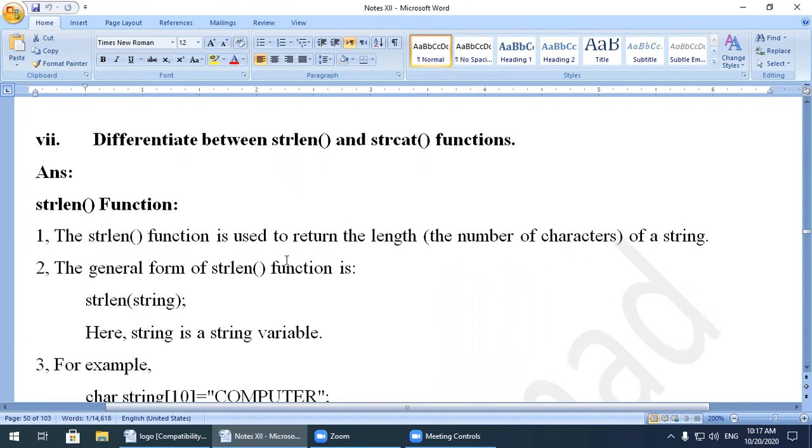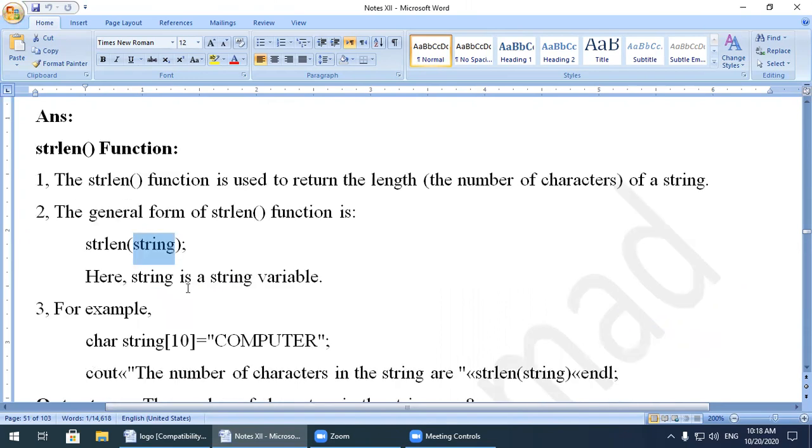So it will tell us how many characters you have used in the string. The general form of the string length function is strlen. Inside the parentheses, you will write any string, for example Pakistan, computer, whatever you want to write. Here, string is a string variable.